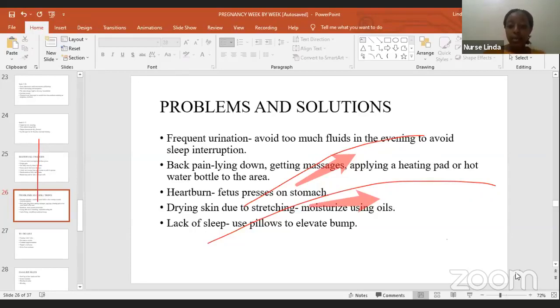That's another problem that we have, the edema of the legs. And this can be managed by elevating their legs. So every time a pregnant woman is seated, they perhaps need a stool for them to have their legs on it. And by doing so, the blood from the legs is able to go back to the heart, and that will prevent or in some way relieve the edema that they might be having. Although excessive edema is still a danger sign and they need to be checked.